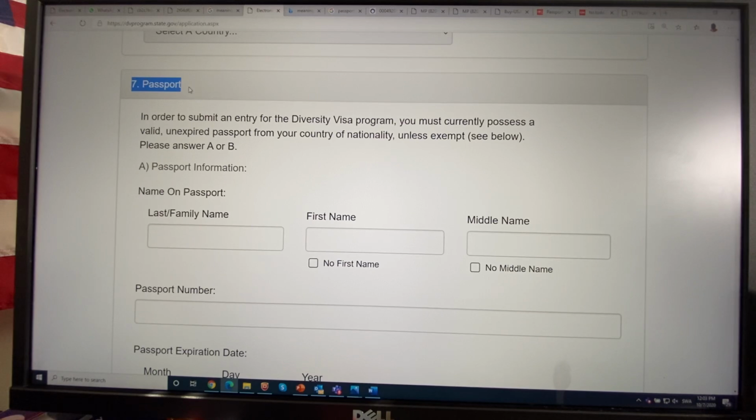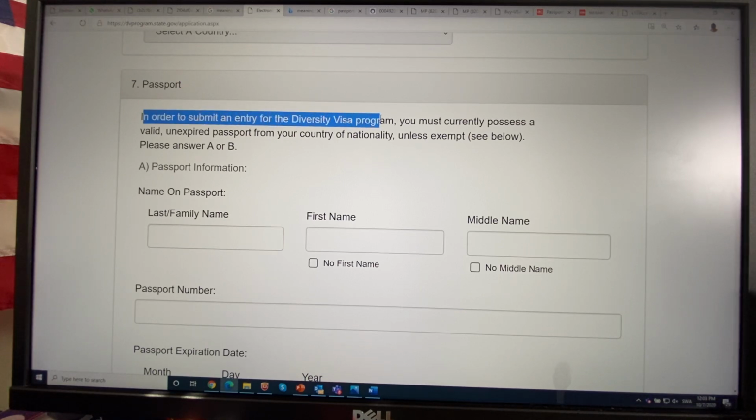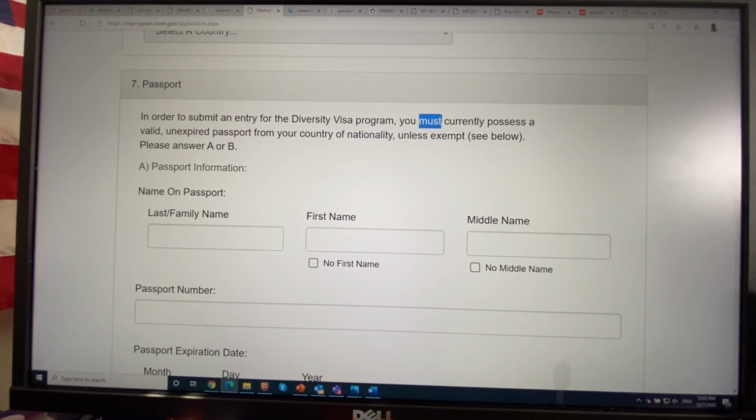So I'm talking about the passport. This is the new requirement which started last year in the DV 2021. The same way in the DV 2022, the requirement continues to be there. In order to submit an entry in the DV Diversity Visa Program, the question is you must currently possess a valid unexpired passport from your country of nationality. The country of nationality is the country where you were born,